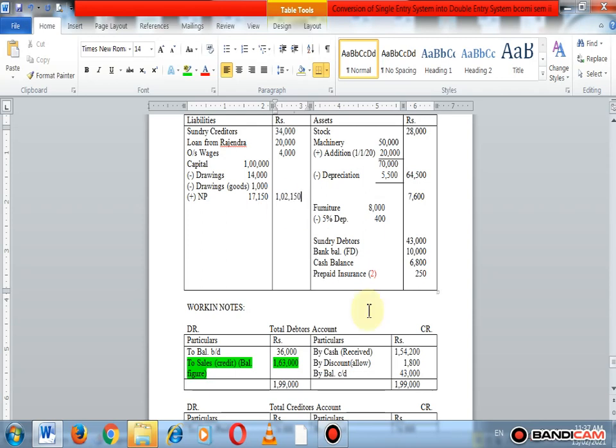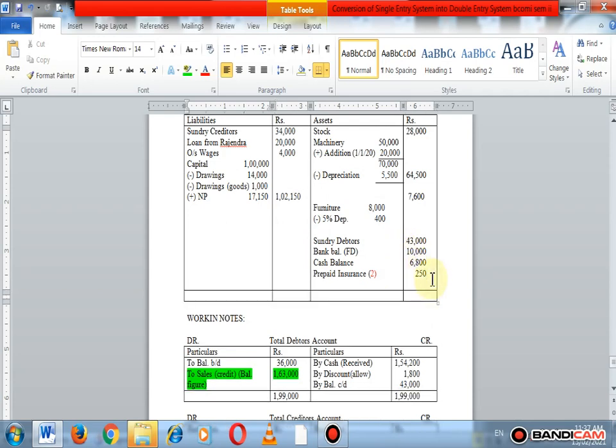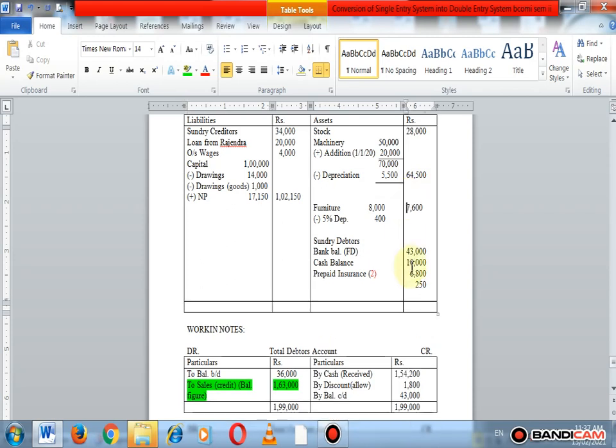Okay, then we make a total of assets and liabilities. So here 28,000, 6,800, 64,500, 250, 7,600, 43,000, 10,000. Okay, then we make a total, and the total is